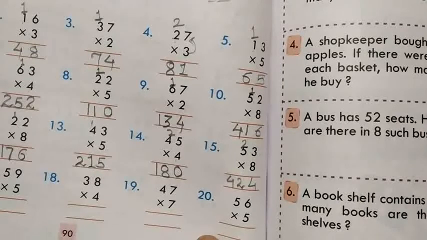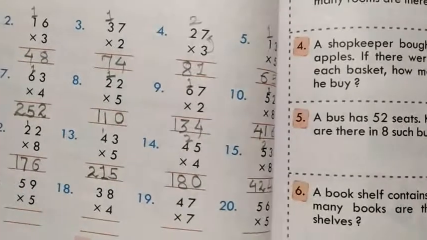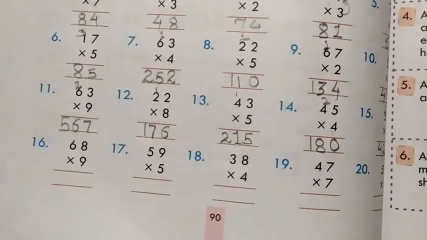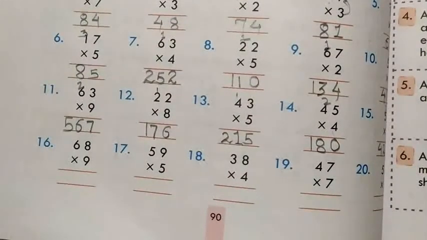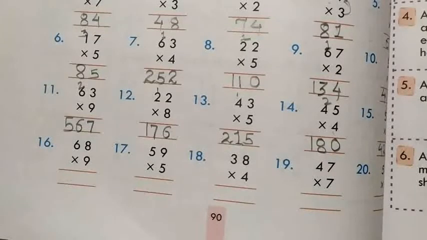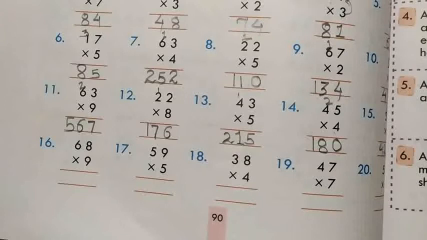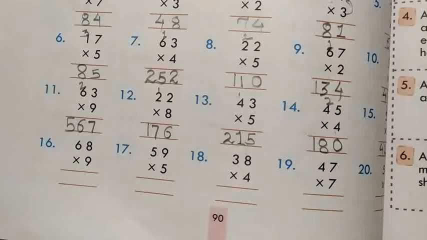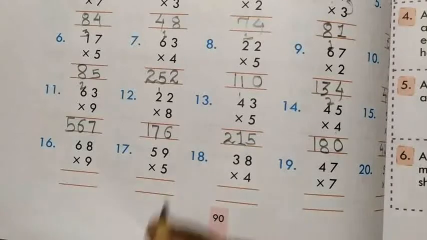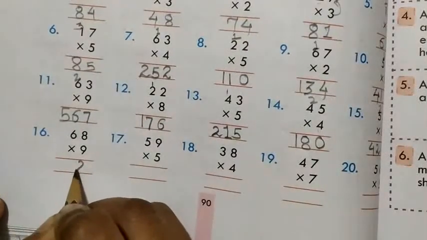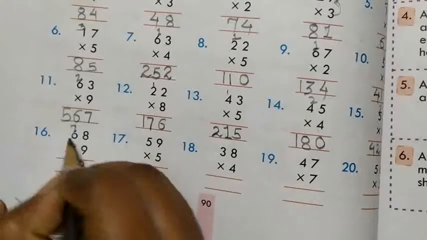Okay students, understood how we are solving these examples? Maybe in the starting you won't understand anything, but no problem. Again watch this video and try to solve those examples on the slide. By practice you can solve these examples. Example number 16, that is 68 multiply 9. Okay, 9 is the multiplier. So from the ones place we will start. 9 8s are 72. 2 will come in the ones column, 7 will carry.